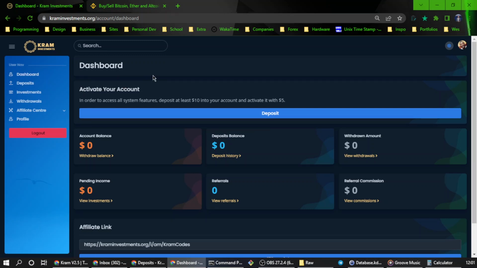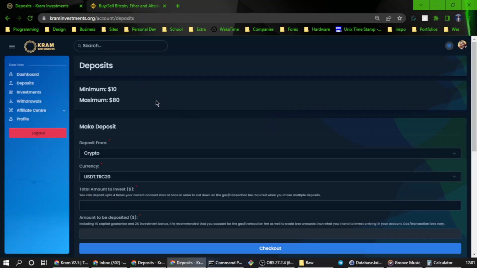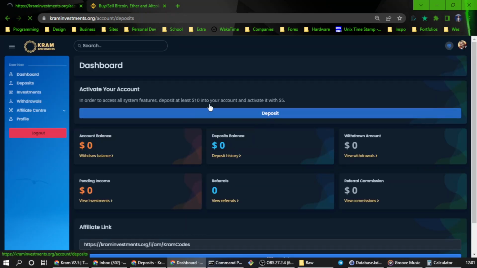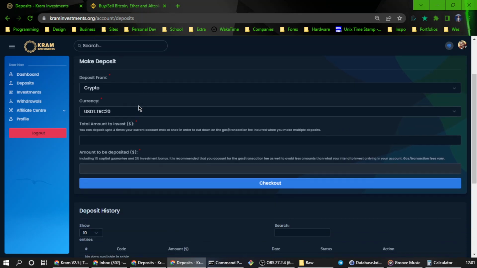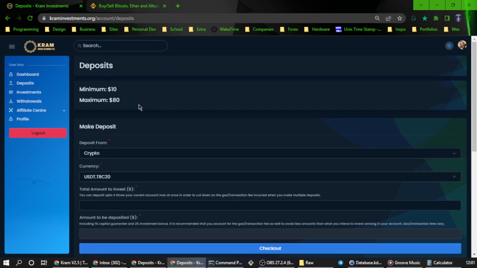In order to deposit, you click the most obvious link here, Return Deposits, or you can click the button on the dashboard. This one right here will both lead you to the same place. If your account is new, the minimum amount you can deposit is $10, and the maximum amount you can deposit is $80. So when it comes to depositing for the investment,